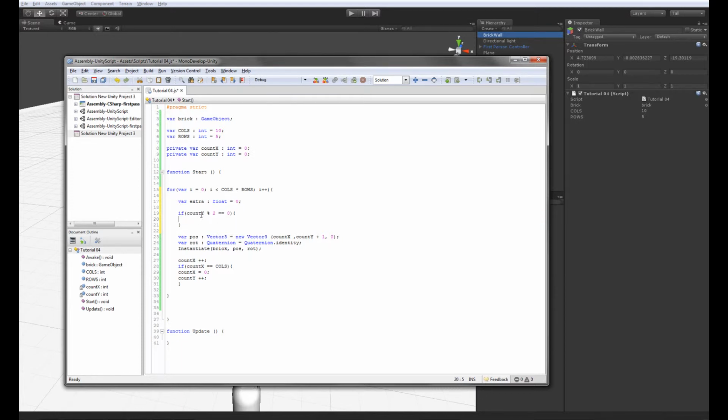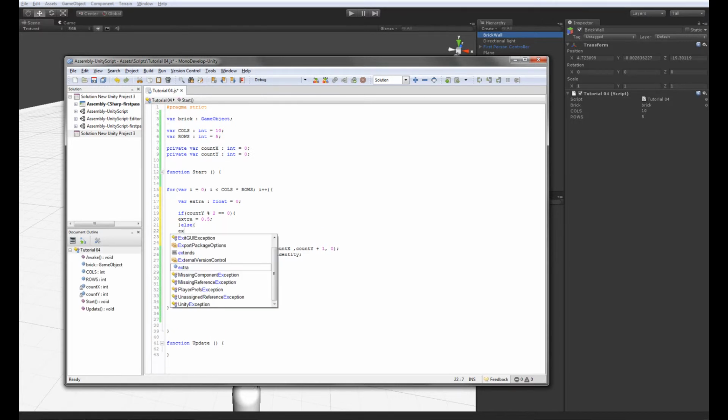So that means that every other row it's going to get this piece of code, and this piece of code is going to be extra equals 0.5, right? Something like that. Else extra equals 0, right? So now if we actually put x plus extra,